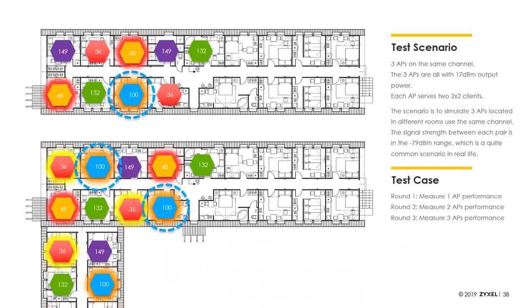So here's a test scenario. This is using our wall plate AP and a Ubiquiti wall plate AP, which spec-wise is basically the same thing. The primary difference between our device and the Ubiquiti device is smart antenna versus non-smart antenna. So this is a hotel or